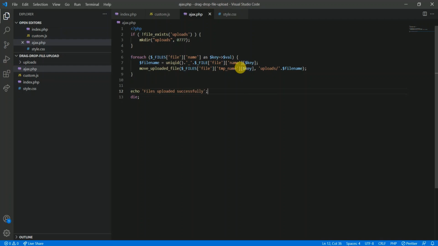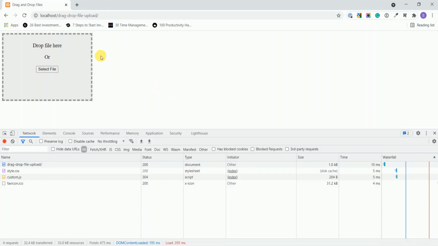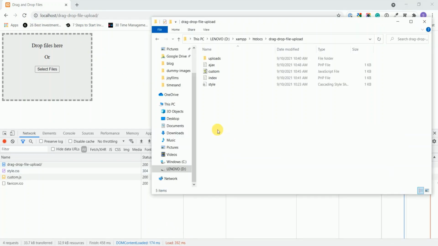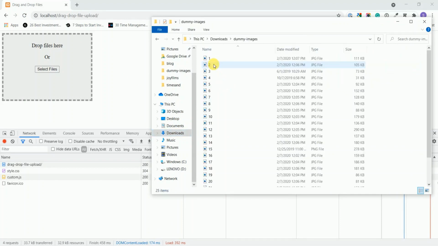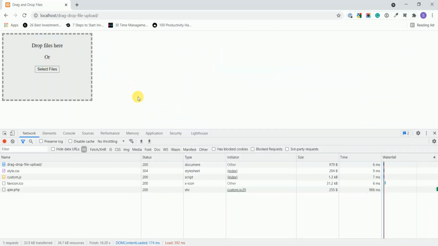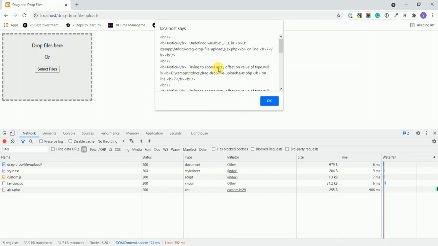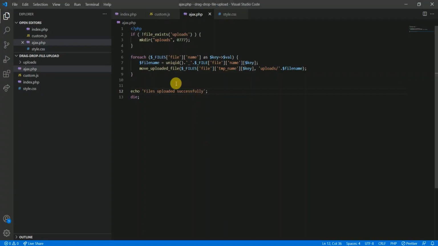Let's test it out. Refresh. Now I am uploading multiple files. Undefined variable files on line 7. On line 7, oh, it should be files.